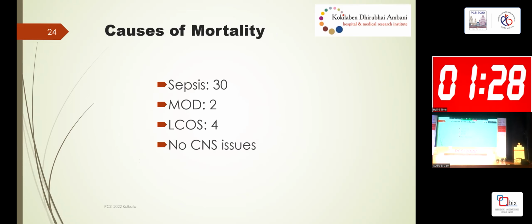So when we saw the reasons for mortality, 30 of these, the majority of them have been sepsis. Either it has been sepsis preoperatively and we have had to move in quickly, or there have been postoperative sepsis, with one bug leading to another bug, leading to another bug, which is commonly seen at least in some of these babies. So we keep on treating them with a series of antibiotics. 2 had multi-organ dysfunction from low cardiac output, but interestingly, we didn't encounter any CNS issues in these